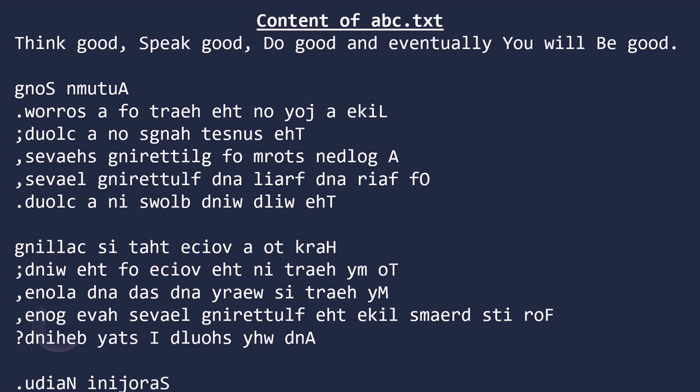That means the file is already having some content. There is one line of text already there: think good, speak good, do good, and eventually you will be good. So this is the existing content of this file abc.txt. With that, this new content, that means the content of Sarojini poem.txt where the lines are reversed, is appended